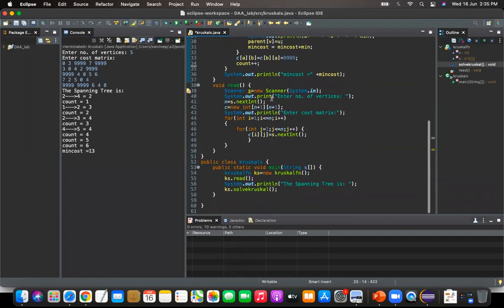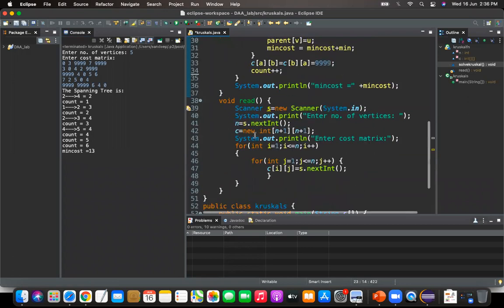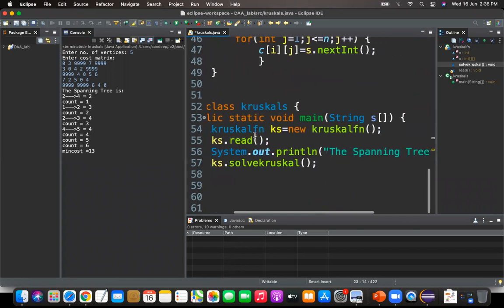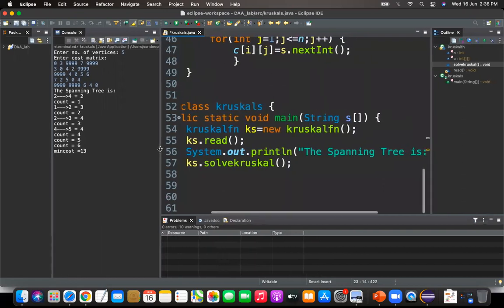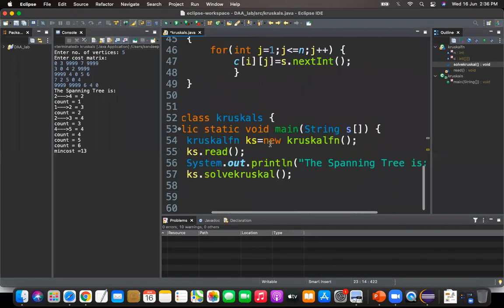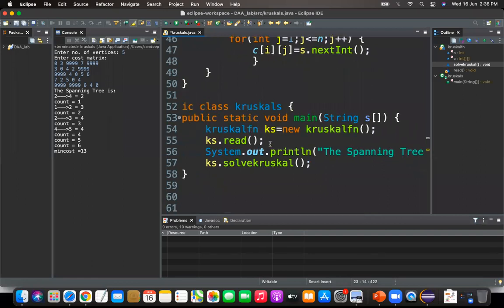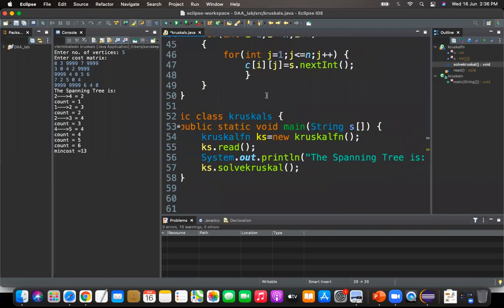So the algorithm is again very simple. If someone has compared merge sort and quick sort, the program structure we have kept almost the same. If you write the program for merge sort, it will be easy for you to follow quick sort. That is how we have kept the structure. Similarly, whatever structure we have followed for Prim's algorithm, the same programming structure we have kept here. So when you see this, you can easily remember the steps, easily remember the instructions.